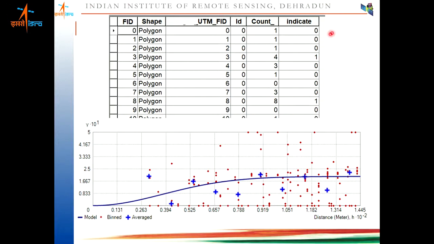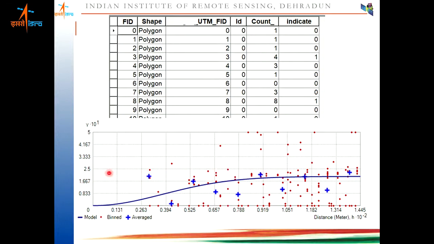This application can be done using the geostatistical tool present in ArcGIS software. If you want to do it using open source tools and techniques, then there is the library gstat present in R. So using R and the gstat library, you can perform kriging analysis. And here is the semi-variogram for this disease occurrence. What does it tell us, what is the range? Let's see here. If you see this semi-variogram,